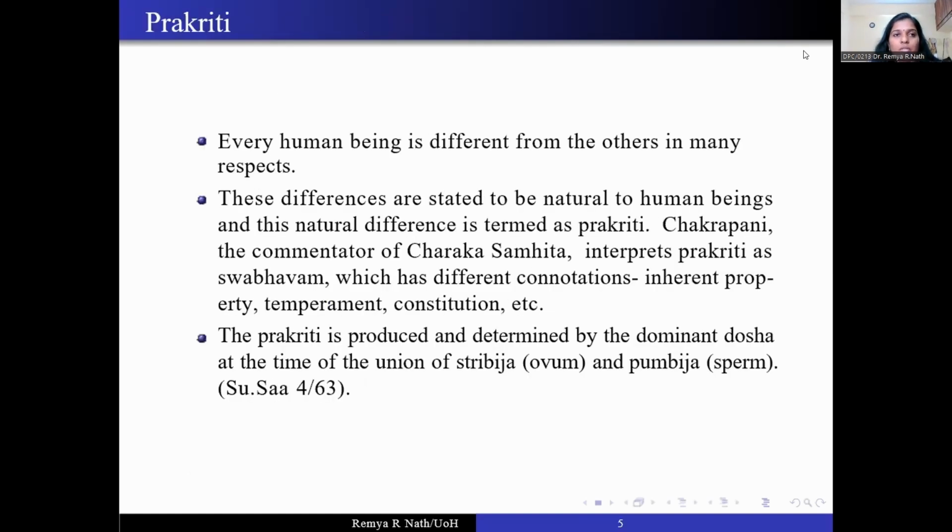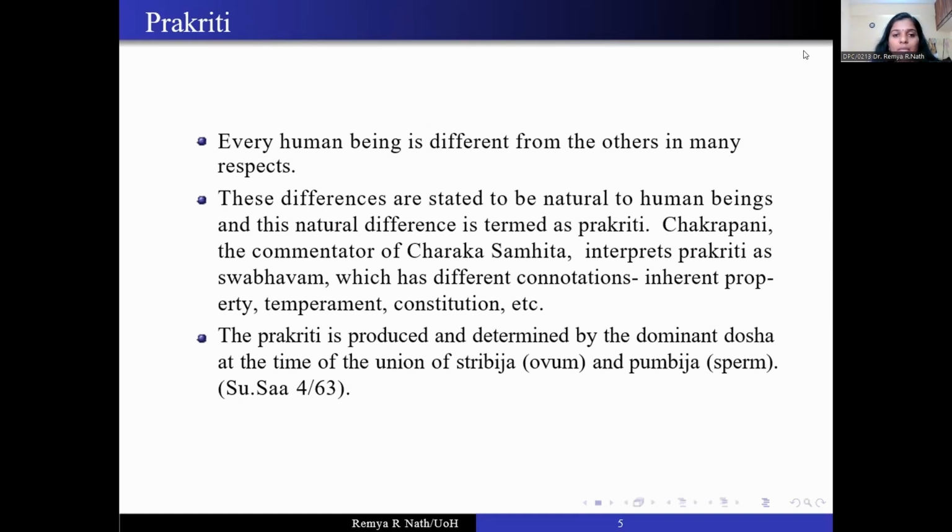Then next, about the Prakriti. What is Prakriti? Every human being is different from the others in many respects. These differences are stated to be natural to human beings and these natural differences are termed as Prakriti. Chakrapani, the commentator of Charaka Samhita, an authentic text of Ayurveda, interprets Prakriti as Swabhava, which has different connotations,